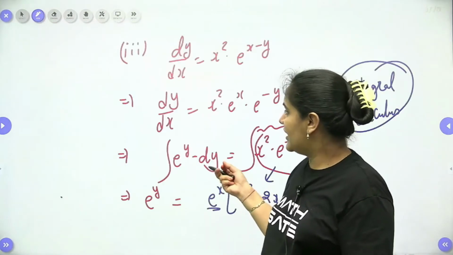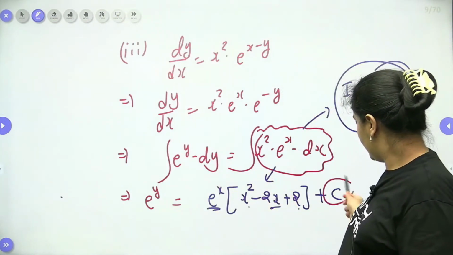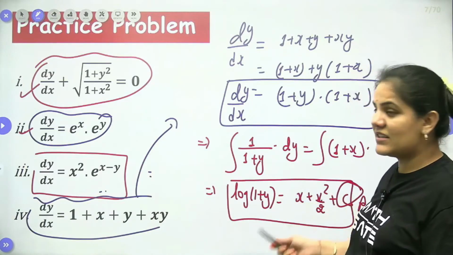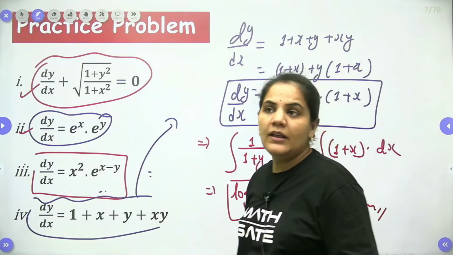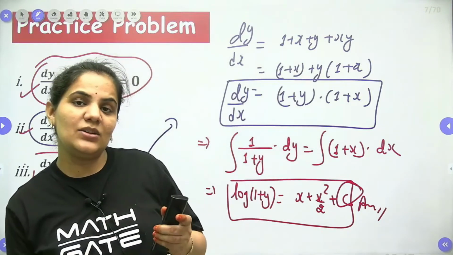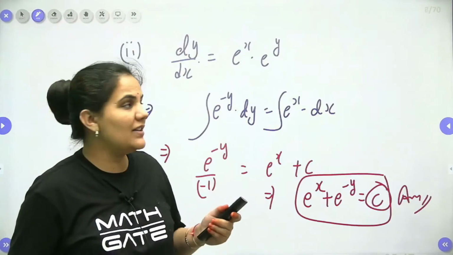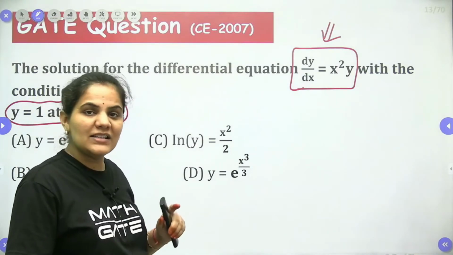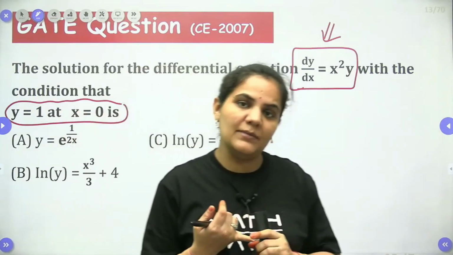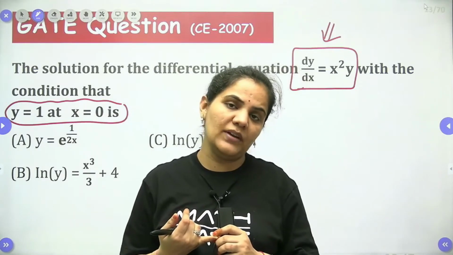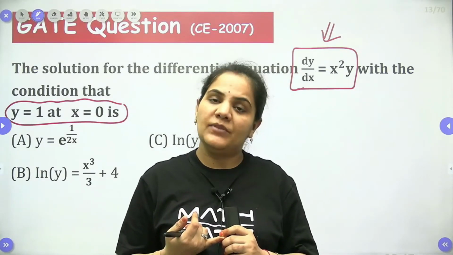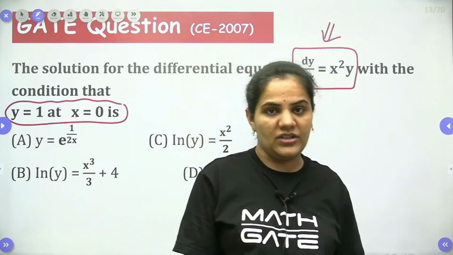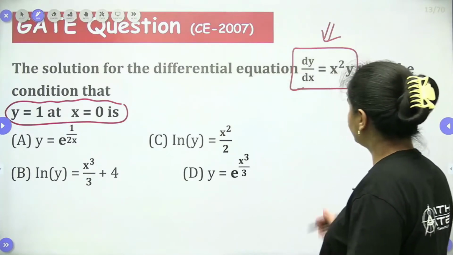You can see that till now we were giving the answer in the form of C only, right? Each and every time we were giving the answer in the form of C, meaning the constant only. But whenever you have an initial condition, you can find the value of that constant C, and generally this is a very common pattern in the GATE examination. Either we talk about variable separation or any other method of solving a differential equation, there will always be a condition given to you so that you can find the constants. Okay, now let's approach it.